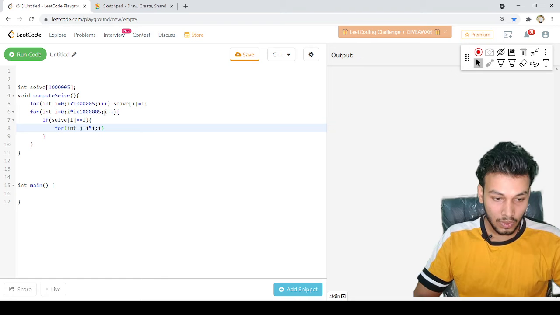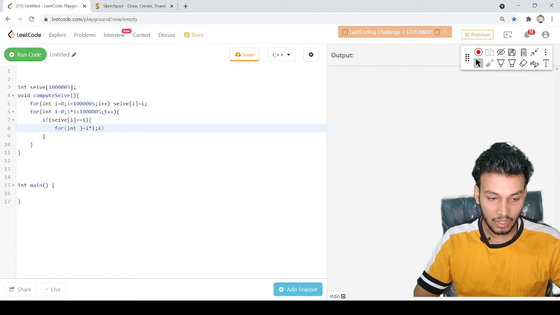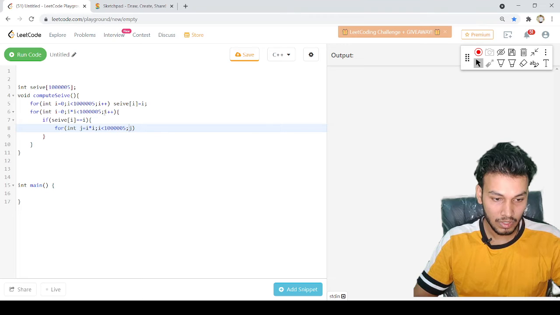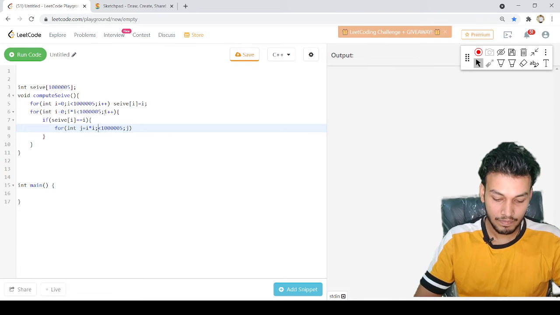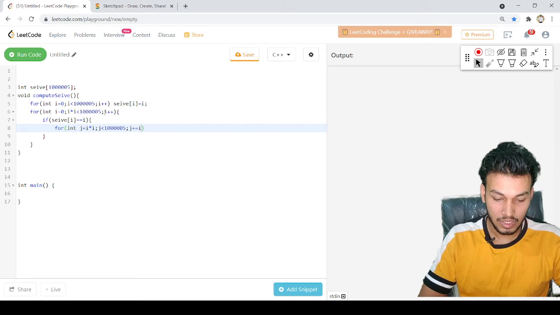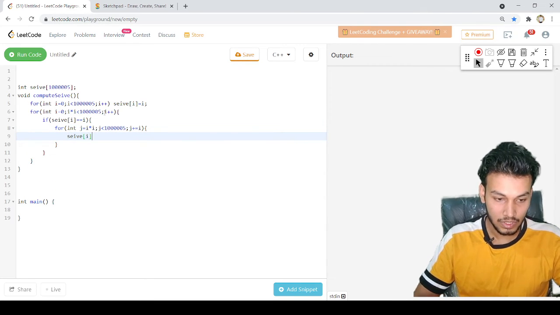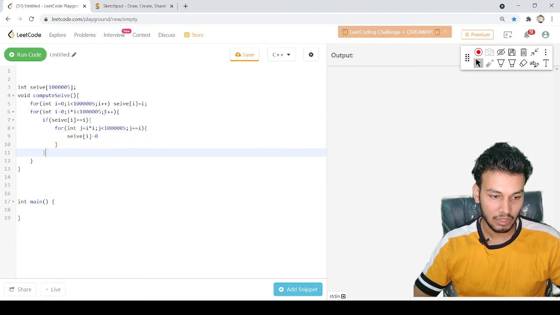It will go till n, and then j plus equal to i. Now I'll mark sieve of j equal to 0.